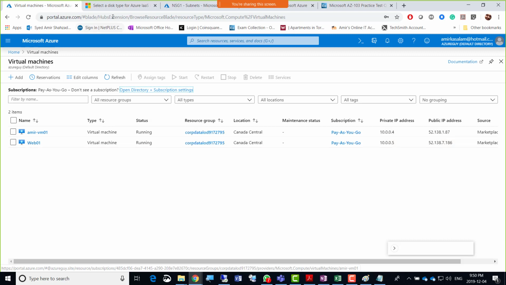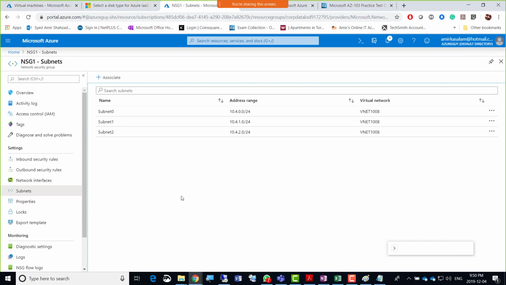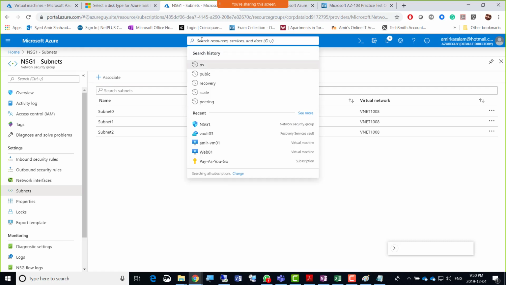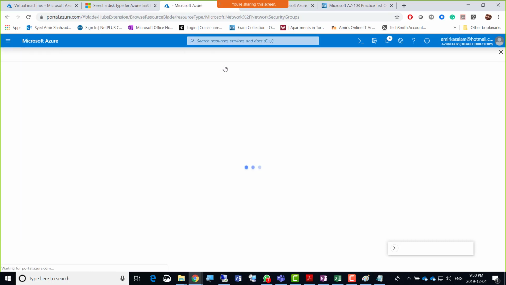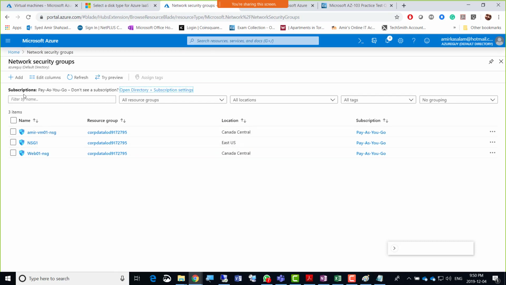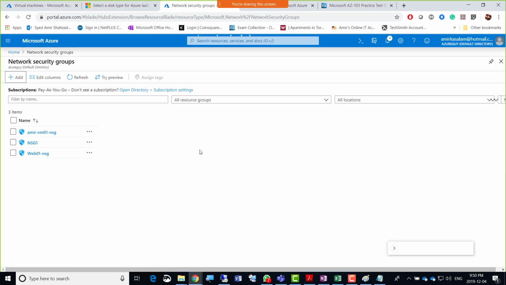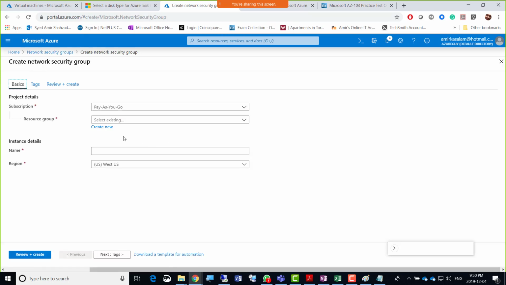So I'm going to go to the other duplicate here, and I'm already in the NSG. But what we can do is just type NSG, and it is going to go for network security group, and we're inside there. You're going to create a new NSG there, because they did not say to create a specifically named NSG, so just create any NSG there and attach it to Web01.